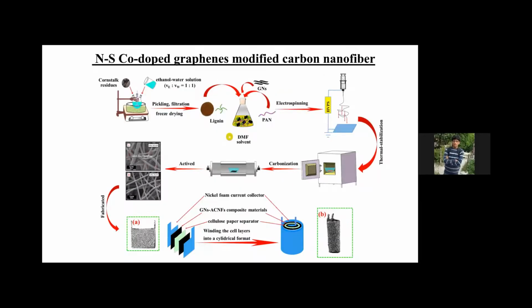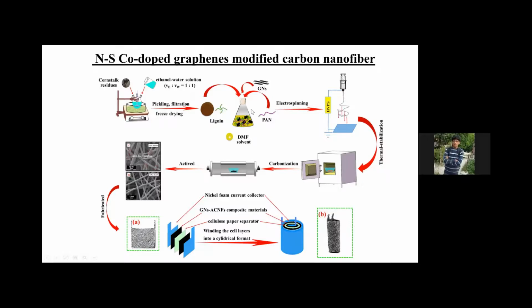So here is one more example. Not only metal oxide, but also graphene-based carbon nanofibers. What we are doing is taking graphene oxide, cross-linked residuals, and nitrogen and sulfur. We mix it and do some chemical reactions, and after taking it out and freeze drying, we can get the precursor. Sorry, this is the cross-linked residuals. My mistake. This is the nitrogen and the sulfur doping elements.